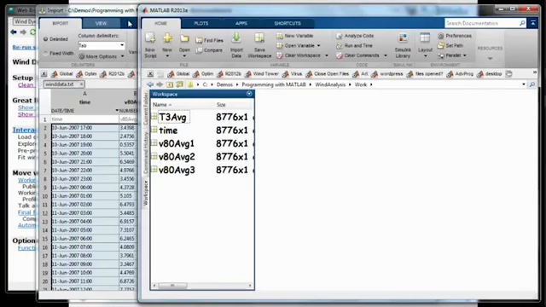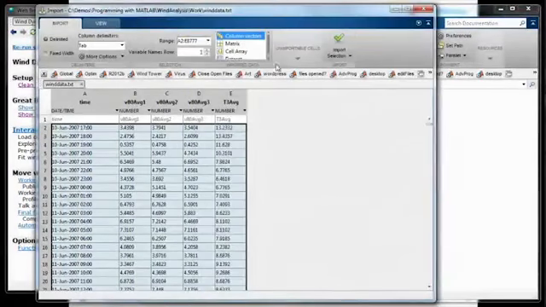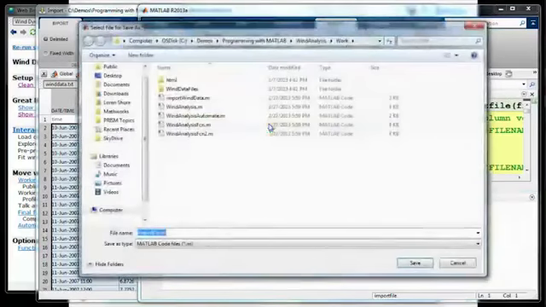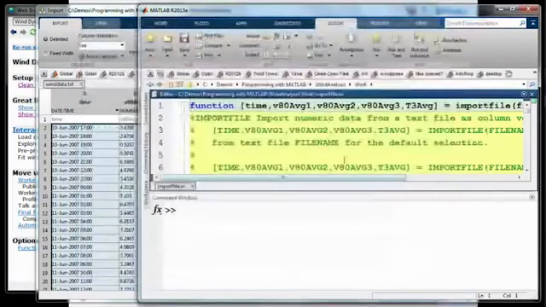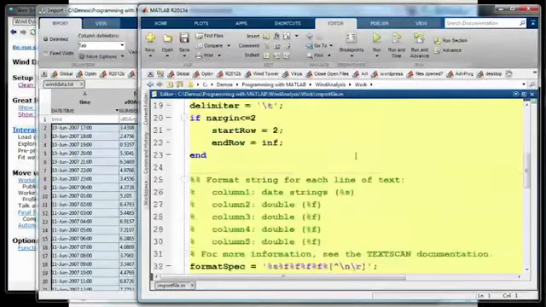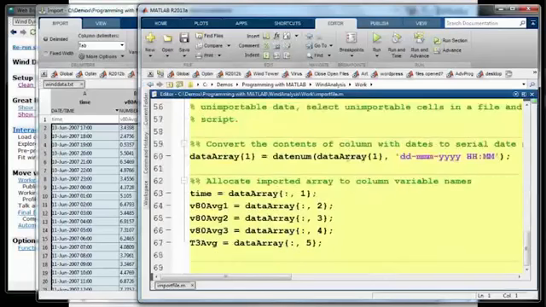Now, one other thing that I can do, and this is going to serve us in the automation section, is not only import the data itself, but generate a function for importing this data, so that if I have data that is similar in form to this, I can reuse this function to import that data again. So let me save this file. We generated some code, import file here, and you'll see it's got comments in it. It's a function. It's got some inputs and outputs. It has some help, and calls a bunch of MATLAB functions to get some of the job done,